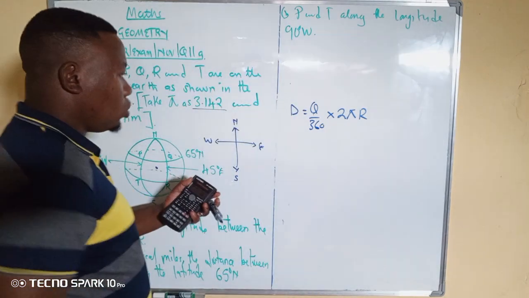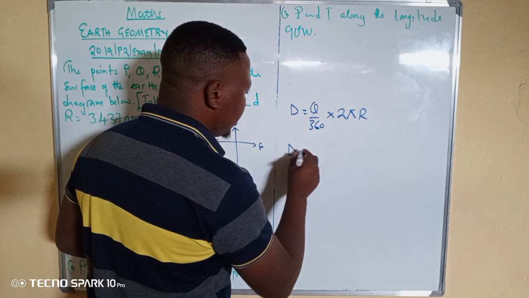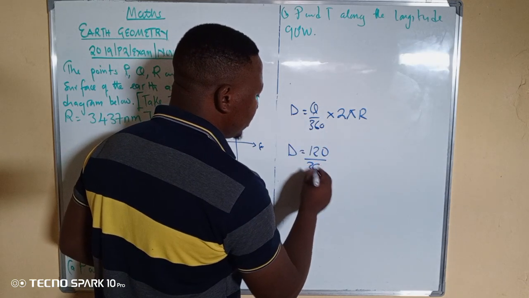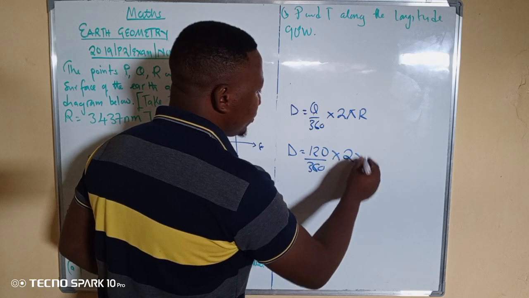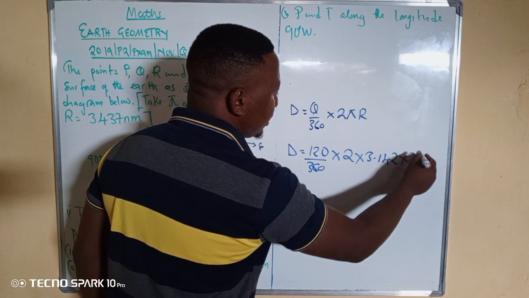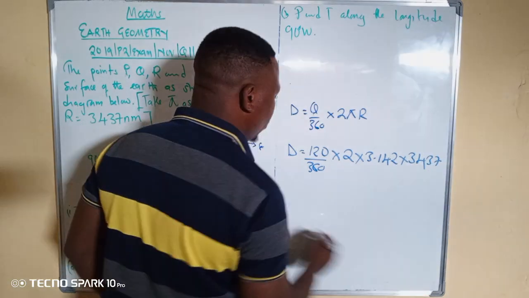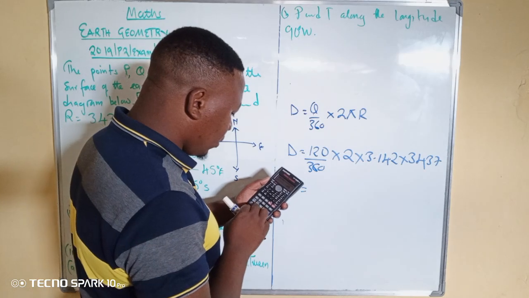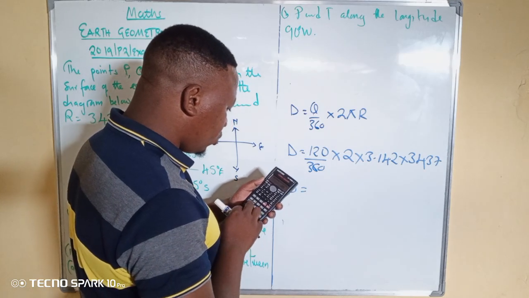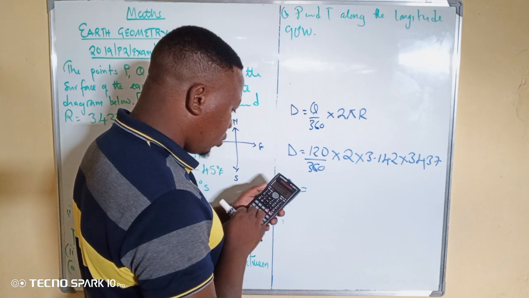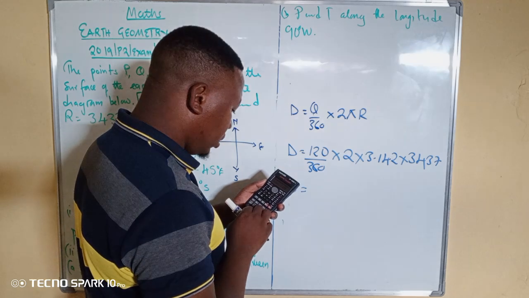So this is what I'm going to do. Now I'm going to say D equals theta, which is 120, over 360 times 2, then our pi is 3.142, then times our radius, which is 3437. So from there you can say distance is equal to, quickly, 120 times 2 times 3.142 times